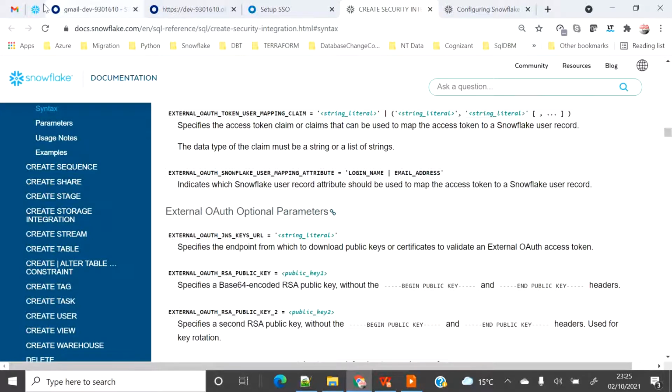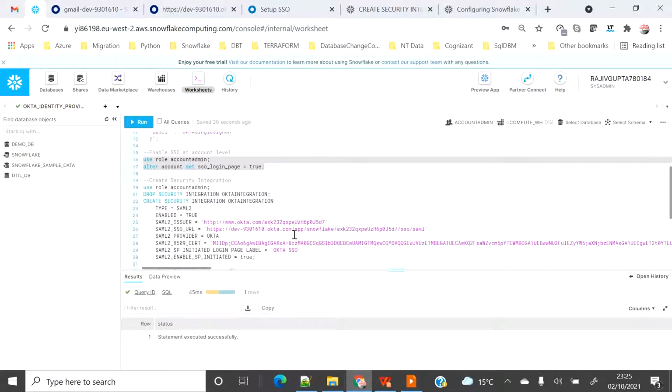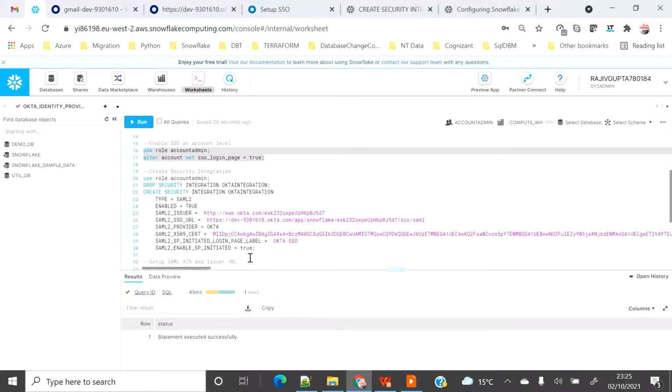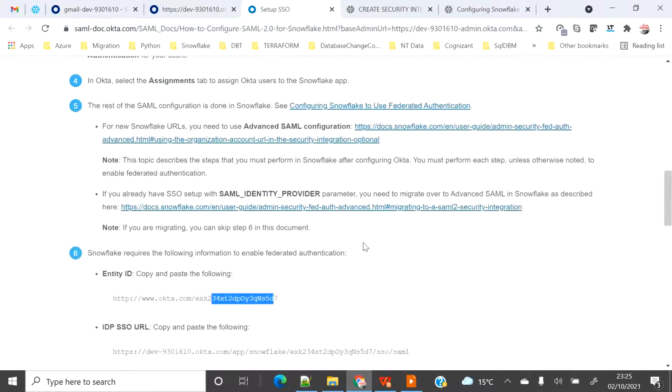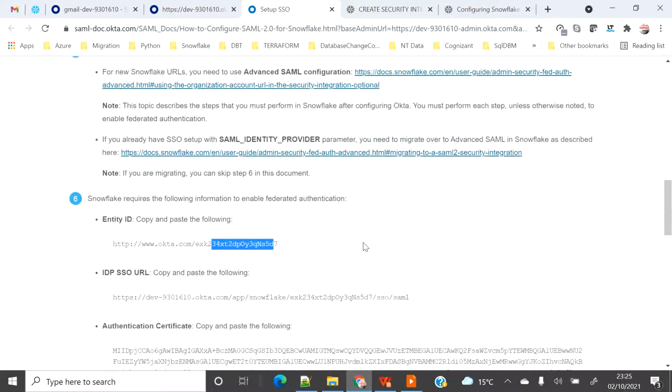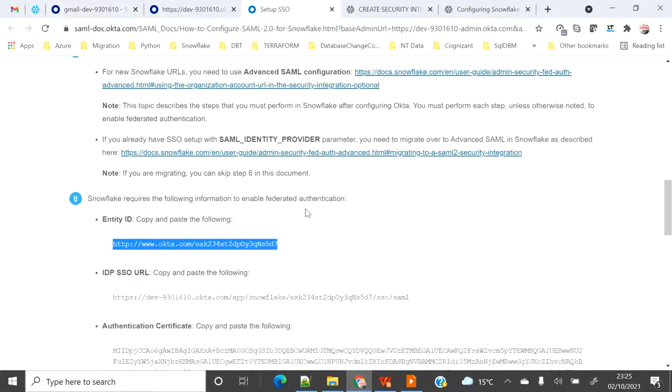So what I will do, I will go here. I already had those statements pre-created. I will just grab the values and put them over here. For sure I have to copy the same value as what is on the top, so I will go here and grab the value from here only. I will paste it over here. The SSO URL which I just copied on the top, I will copy from here.